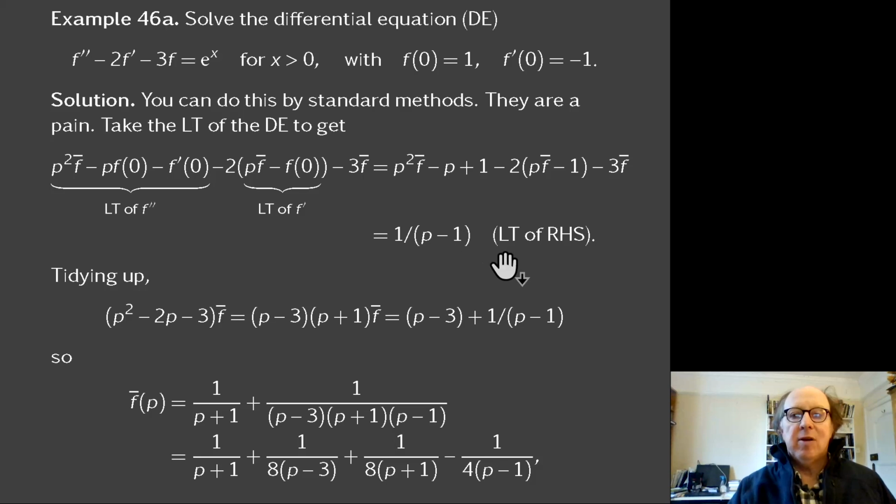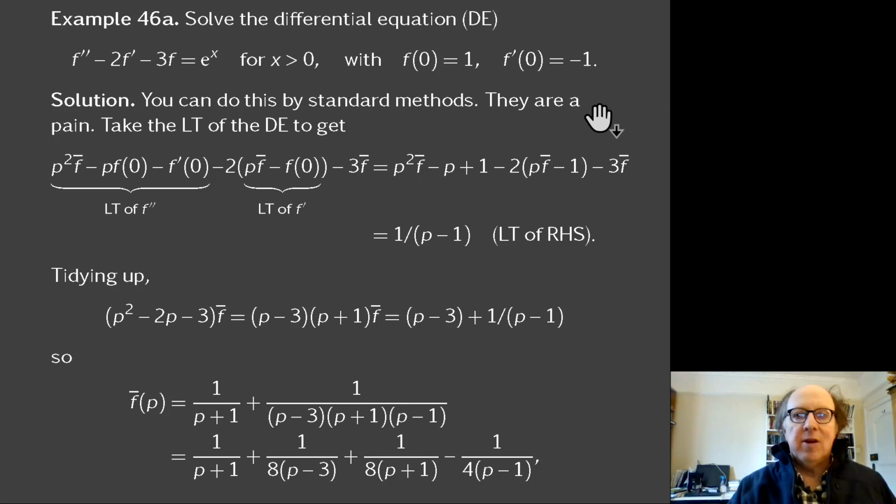So, an example. This is a very example-heavy lecture. Solve the differential equation f double prime minus 2f prime minus 3f equals e to the x, f of 0 equals 1, f prime of 0 equals minus 1. Of course, you can do this. You'll solve the auxiliary equation. You'll find the particular integral, a multiple of e to the x, probably, unless e to the x satisfies the homogeneous equation. You'll put together the general solution of the equation. You'll have two constants in it. You'll set up equations for f of 0 and f prime of 0, and eventually you'll get there.